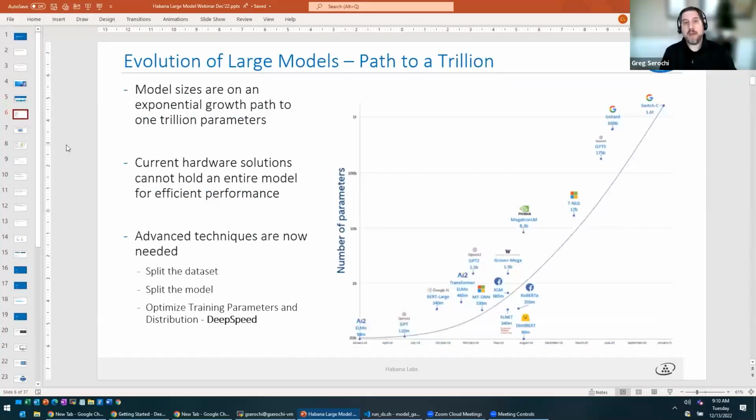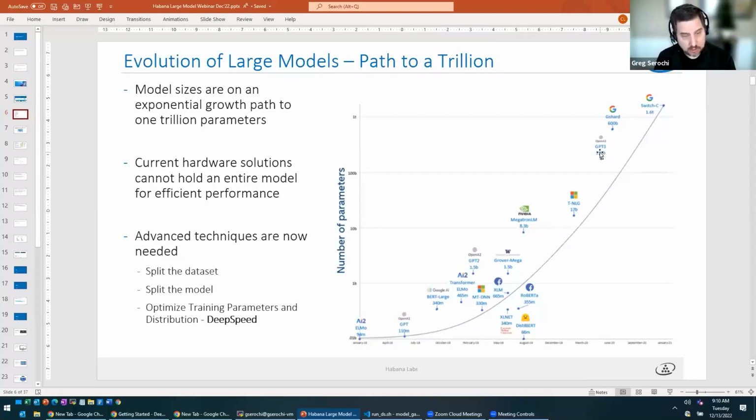So we're on a path to 1 trillion. We're already there, and in some cases you could argue we're even past that now when you look at what's in papers and models coming out of the industry and academia. So if we take a look at a little bit of history, we see GPT and we see BERT that really kicked off the industry, and now we've just almost gone exponential. Looking at Megatron, Turing NLG, GPT-3 or Bloom, we're at an exponential pace to go well past 1 trillion parameters